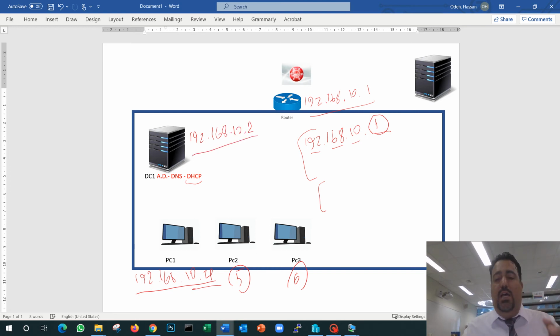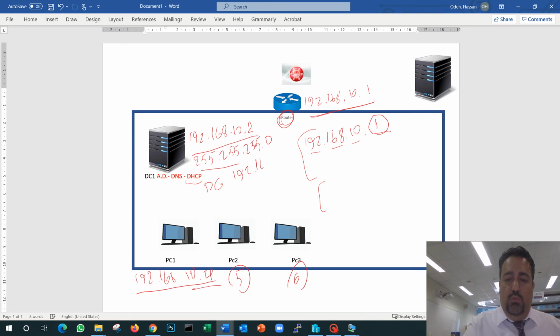So this will be the IP address of my server. Of course, when I choose this IP address, the subnet mask will be 255.255.255.0. This is the subnet mask. And because my router is my default gateway, my default gateway will be 192.168.10.1.